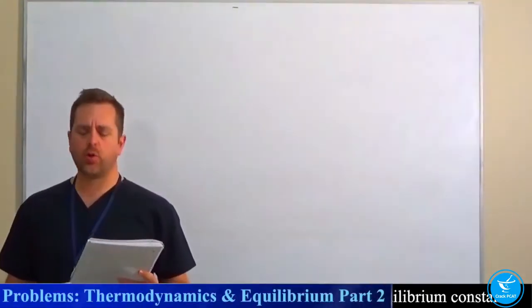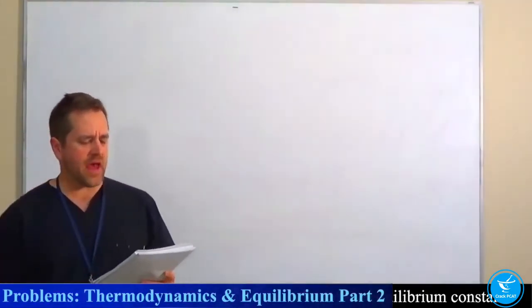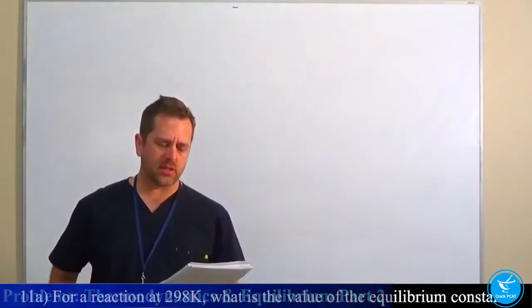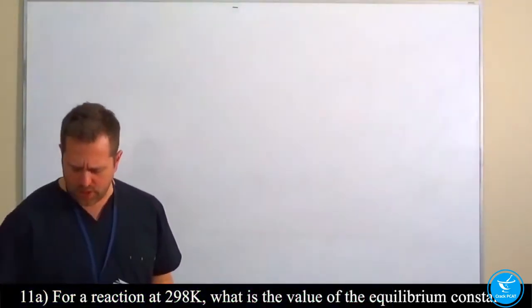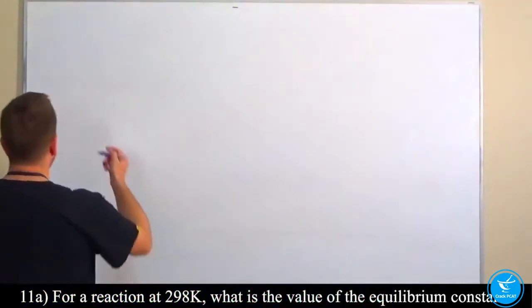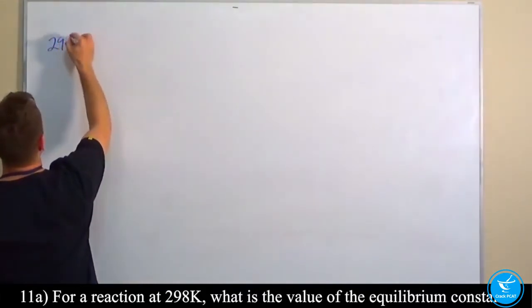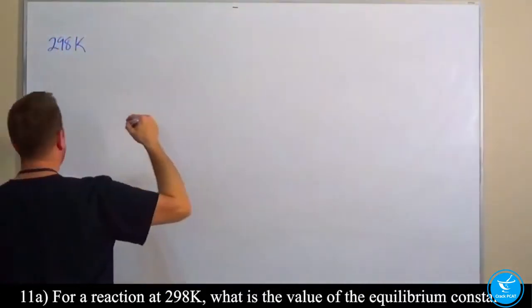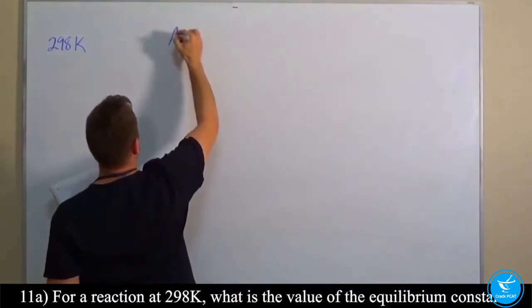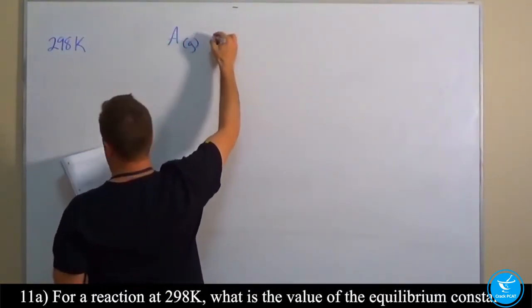For a reaction at 298 Kelvin, what is the value of the equilibrium constant? So, okay, let's write our information. We really just have the temperature to go with. 298 Kelvin, okay? And it's just a generic reaction where we have a reactant A, which is a gas, and